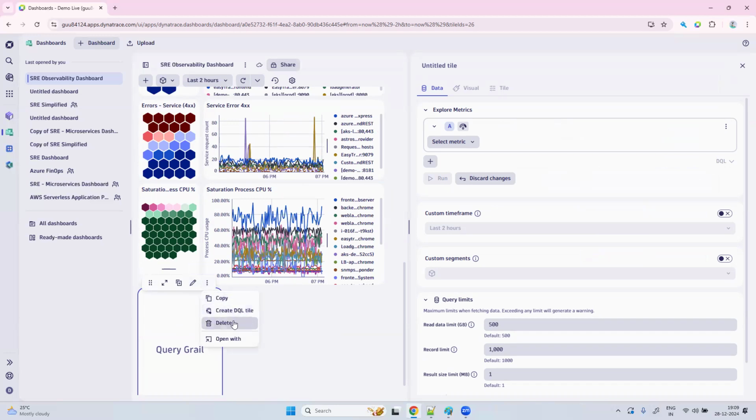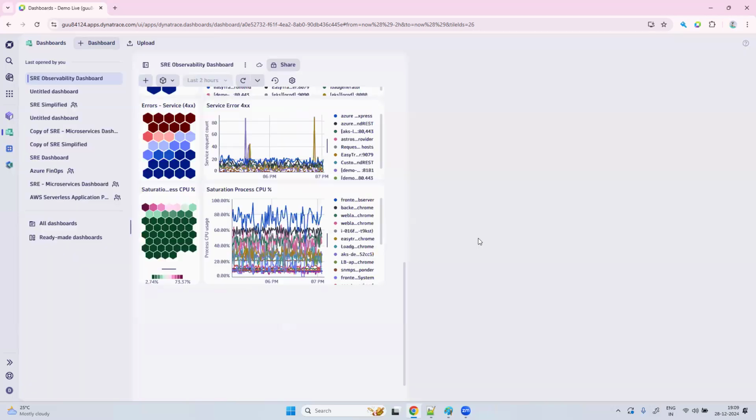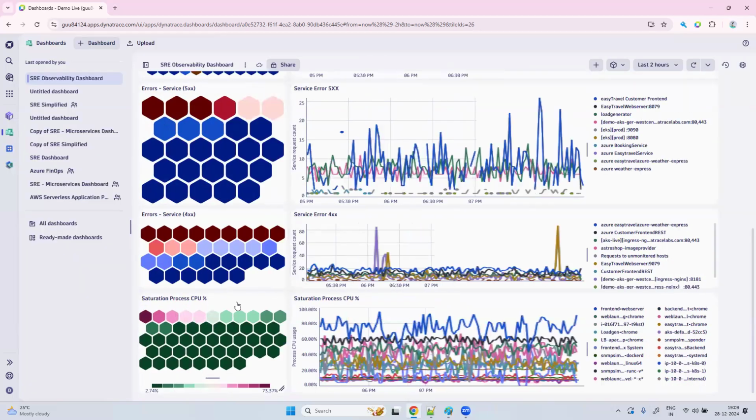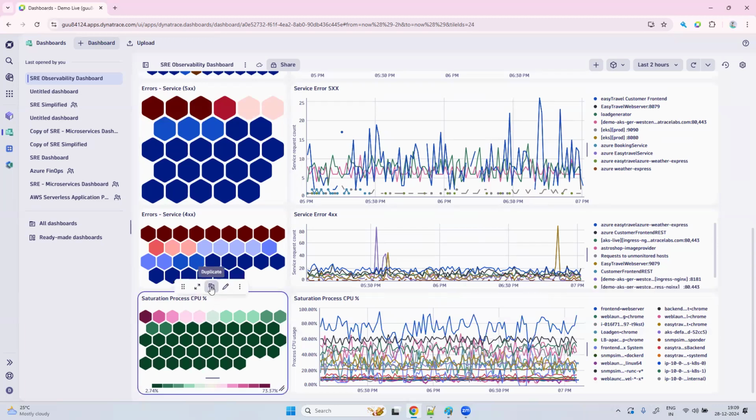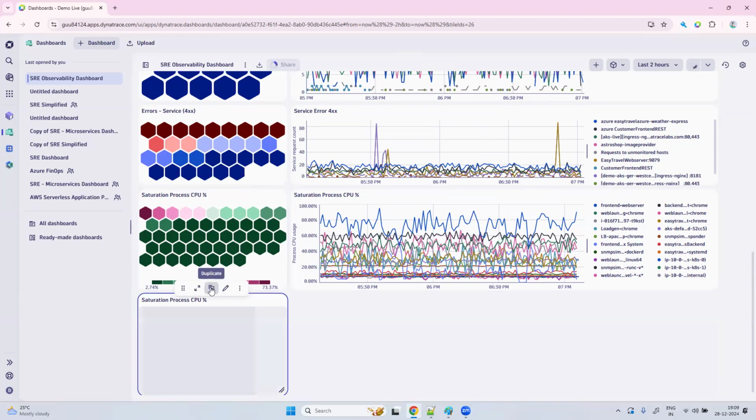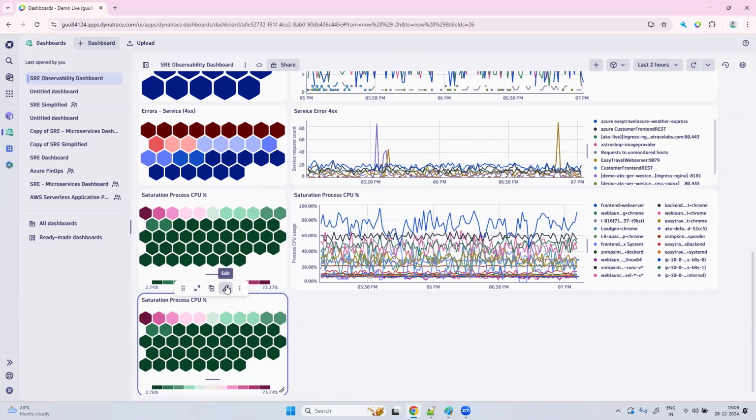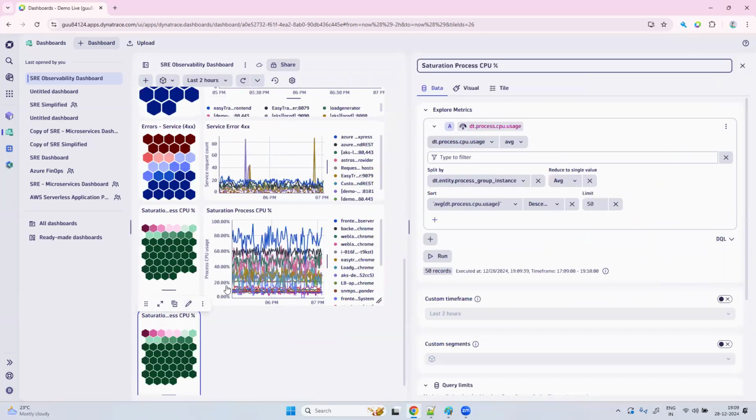But let me do one thing. Delete this and let me duplicate it. There's a metric with it, right? So what I can do is keep memory and memory percentage. Now what I can do is, I can delete this